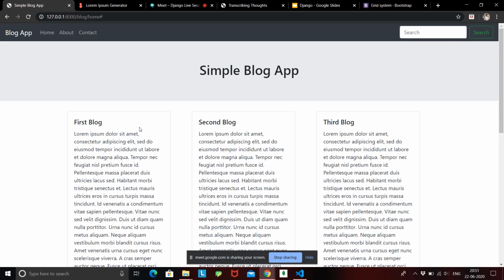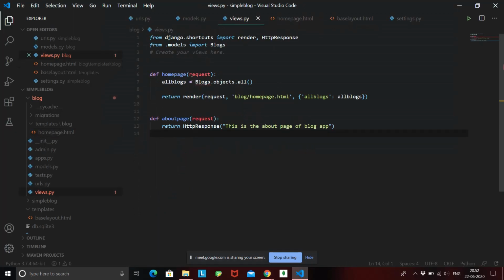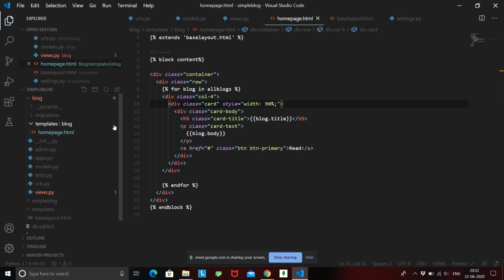Inside our views page, we imported the models from blogs, then we collected all the objects and passed them to our home page. Inside our home page we have a for loop that is traversing over all the blogs, and then we are just rendering out the data in the form of cards.